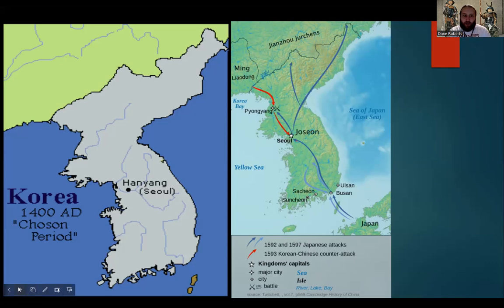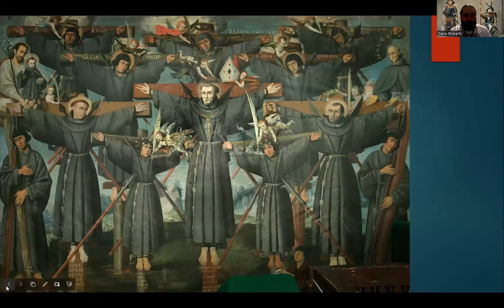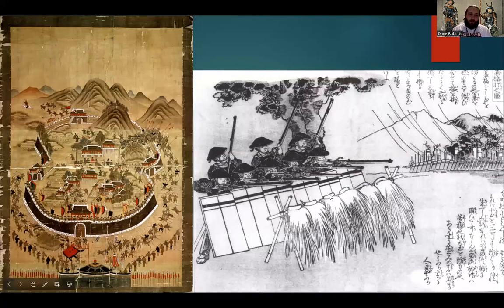In fact, the Japanese army was incredibly effective and successful for a while, at least, in the Joseon Kingdom. They quickly took hold of multiple key cities. Their use of Ashigaru musket line formations decimated the Korean army. However, eventually, Korea and Ming China would defeat and push back Toyotomi Hideyoshi and his army.